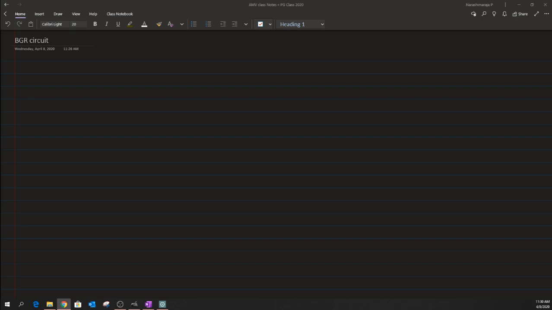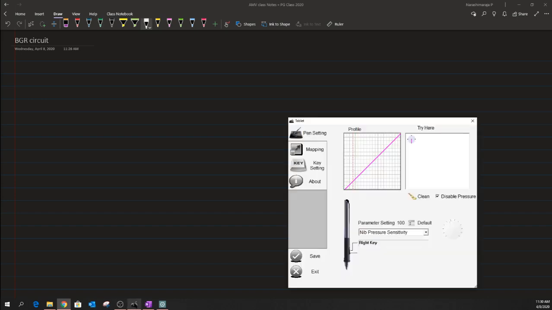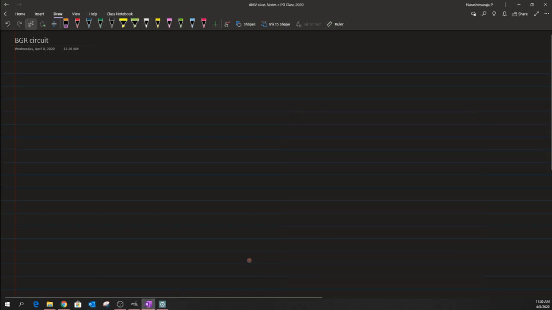So in the last class we discussed the construction of the BGR, and let me try to get back the circuit. Our main idea is to use two different structures with diode connected, and let us assume that the emitter area of this first transistor Q1 is AE, and its collector current is given by I naught, and we also have